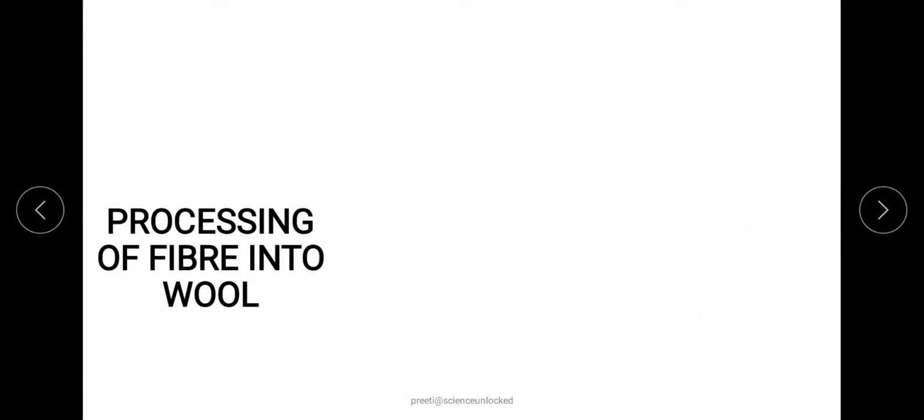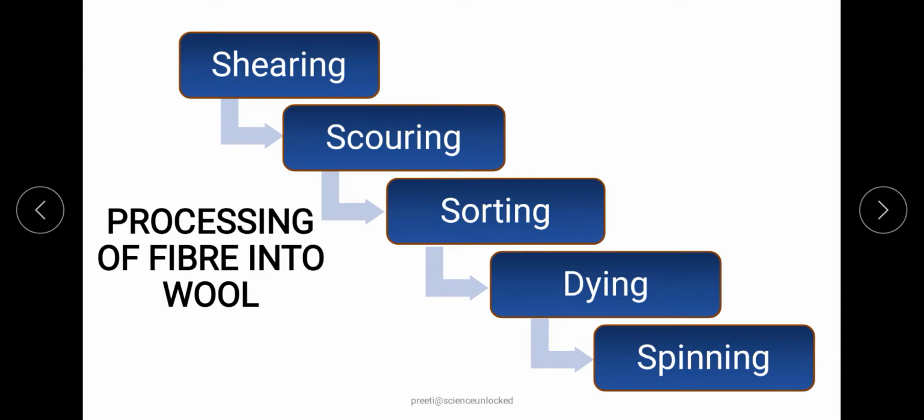Now when we talk about the basic steps involved in this processing, they are categorized into these categories, that is shearing, scouring, sorting, dyeing and spinning. These are just the names of the steps involved in the overall processing. So let's get into the very first step for the processing of wool, that is the rearing and